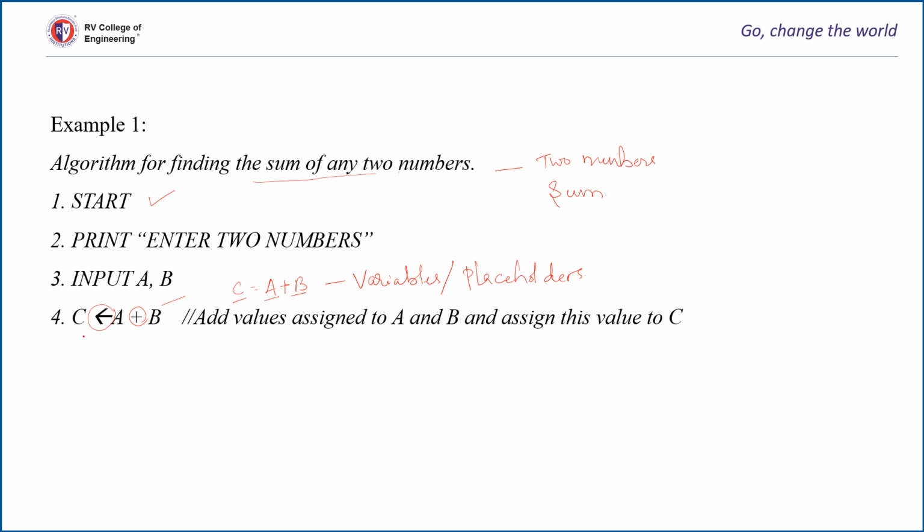So in this particular step, we are computing the sum of A and B and storing it into a variable C. As we discussed, the sum is the output, so which is stored in C, that must be printed. Stop. So if you just observe this algorithm, the steps are unambiguous. They are written in stepwise manner, 1, 2, 3, 4 and so on. The number of steps are finite, it's countable. It is accepting an input. The algorithm has an input statement and it has an output statement,